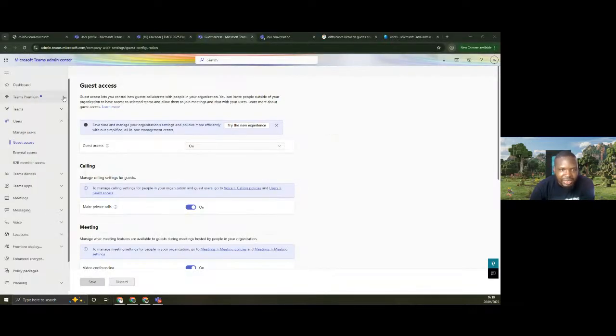But one very important key thing that you should be aware of here is that guest access is a settings feature, right? So I usually tell people that there are differences between settings and policy. Settings are for the whole organization, while policy you can design to speak to certain people in your organization, turn on some features, turn off some features. But settings is an organization-wide change, right? So if you turn anything on or turn anything off, it's going to affect the whole organization.